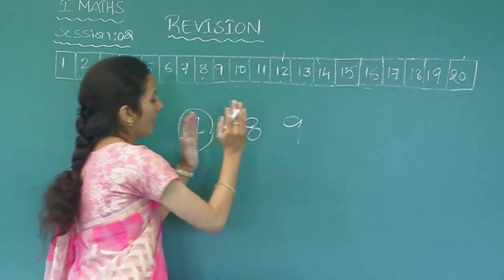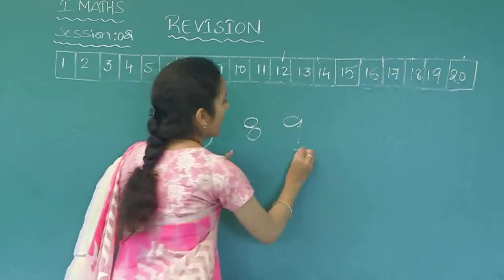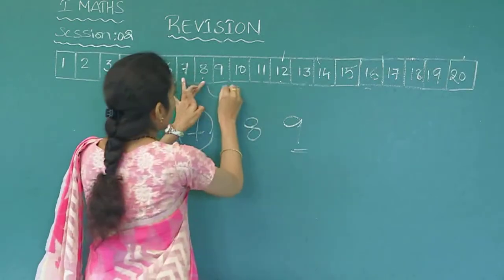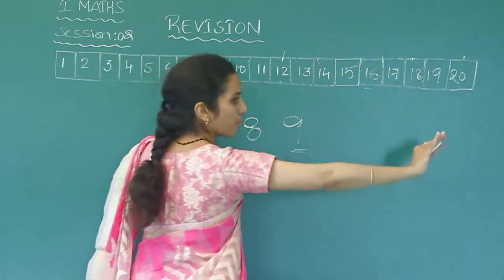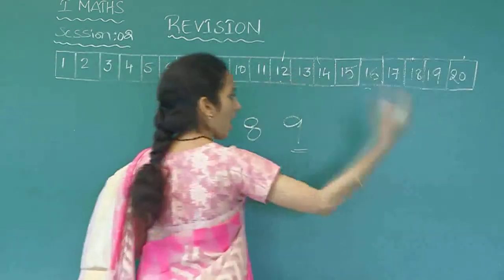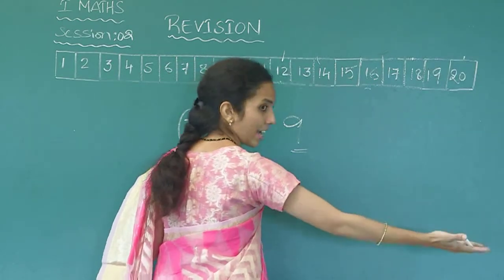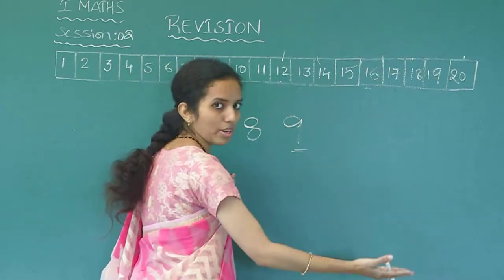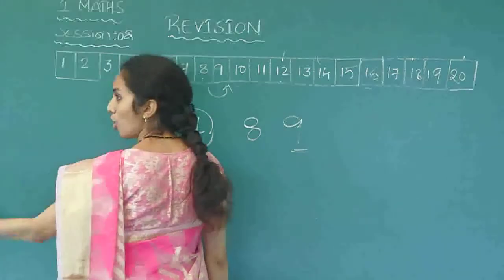And 9, 8 and 9, which number is bigger? 9 is bigger. Now where is 9 on the number strip? 9 is on the right hand side and it is away from the 0. So whatever the number that comes after the given number, or the numbers that are on the right side, are bigger numbers, and the numbers that are on the left side which are close to 0